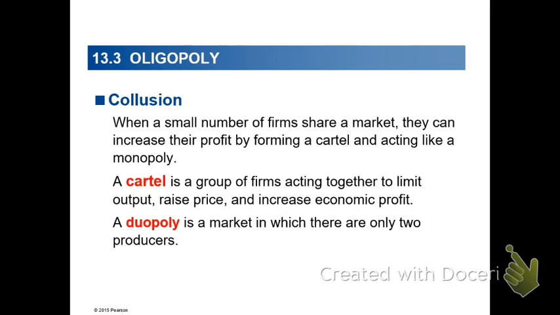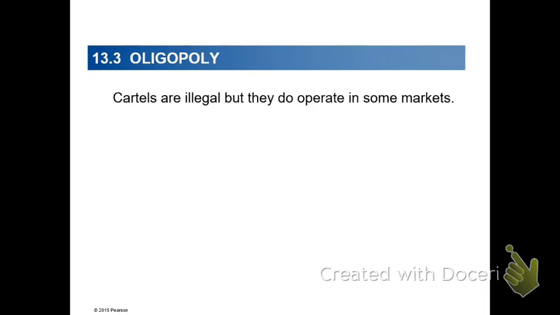A duopoly is an example of a cartel or oligopoly that regularly exists in our economy. A duopoly is where two firms operate together and dominate the entire market. When there are two firms in a market like Coke and Pepsi, again there are strong incentives for these firms to collude. And that's why over the years, governments in many countries, including the USA, have made this kind of collusion or cartels illegal.